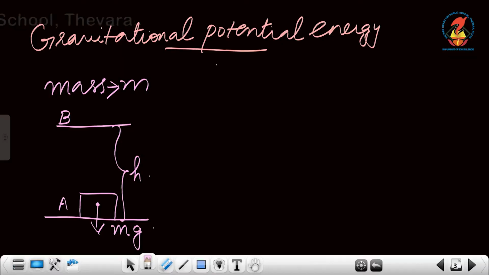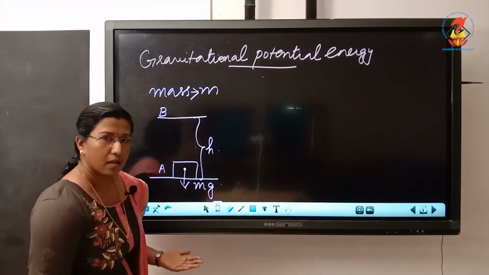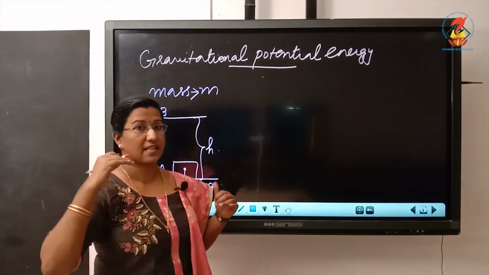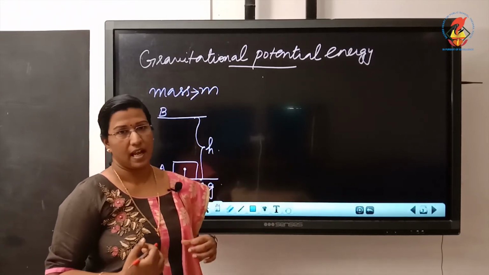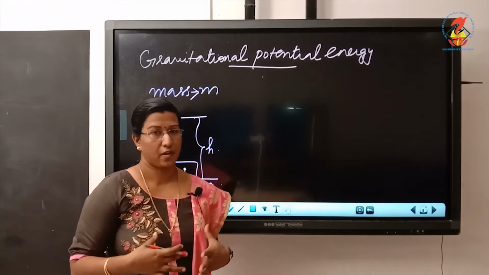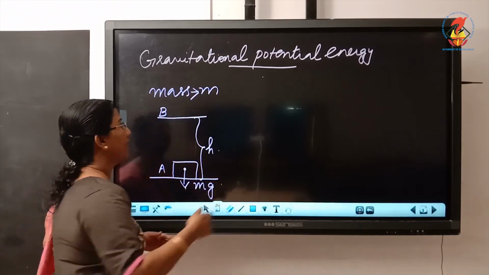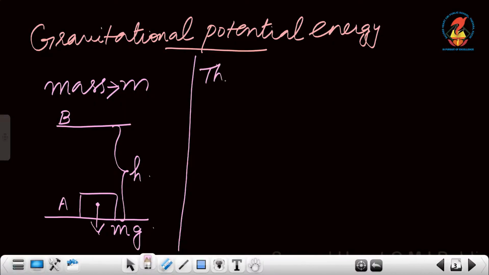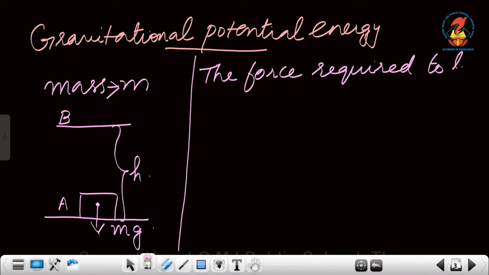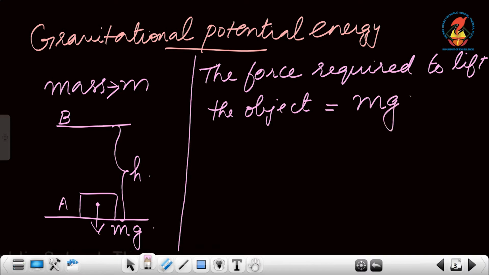When I am lifting the object, I have to apply some force against the gravitational force acting on the body, isn't it? And that force will be equal to the weight of the body, mg. So the force required to lift the object is equal to the weight of the body, mg, and therefore the work done